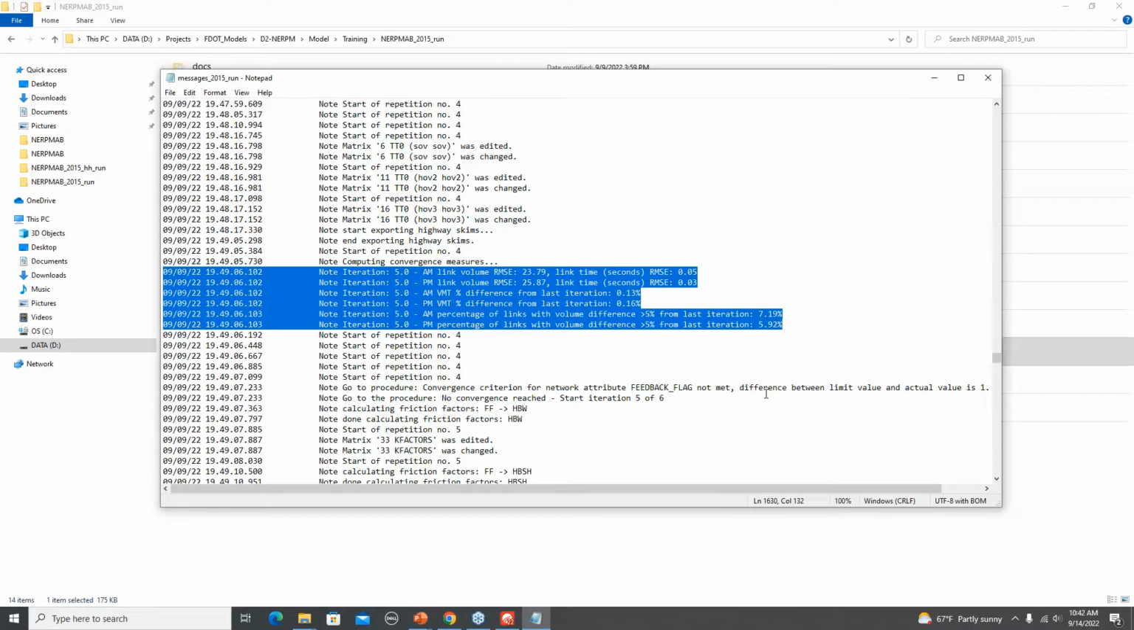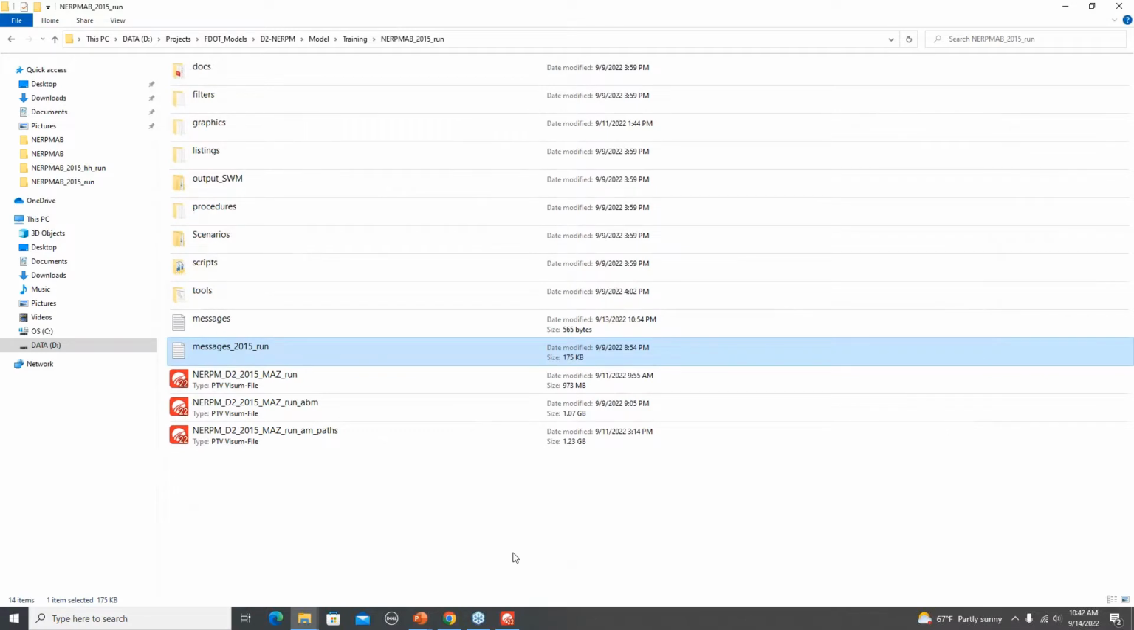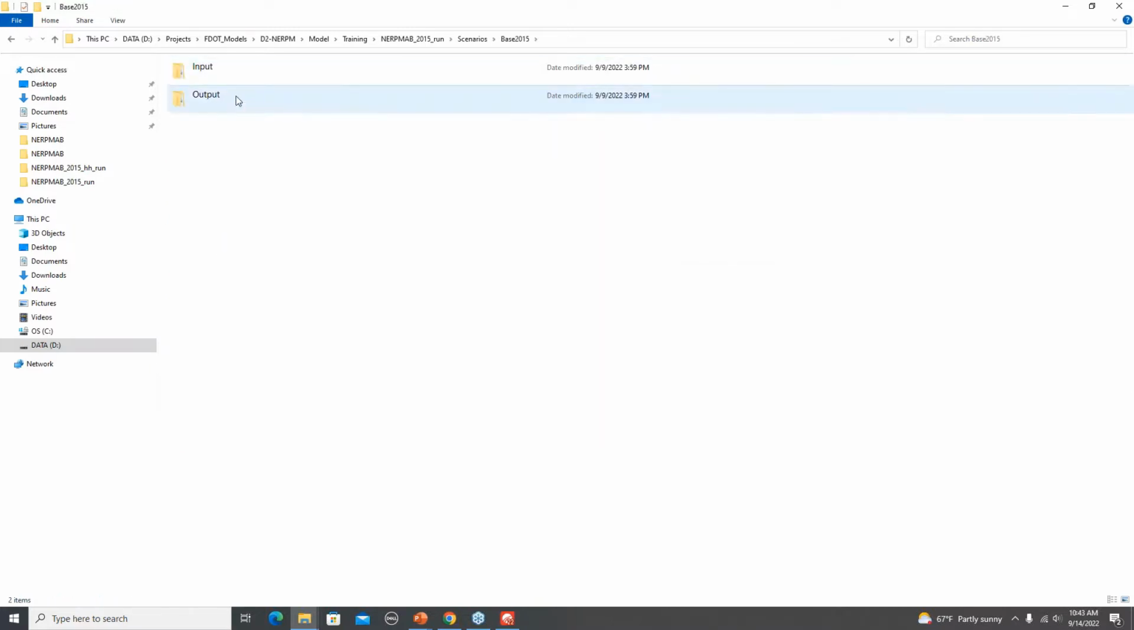And for some reason, if the model errored out, you can come back here. The error messages also will be logged to this file. That is all the log for Visum processes. But DSIM has a separate log file. If you want to look at the DSIM log, let's say for some reason DSIM crashed because of some changes that you made, you can go to scenarios, base, output,